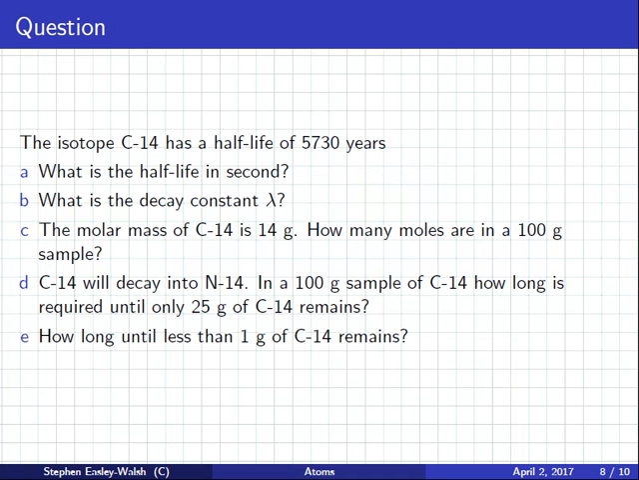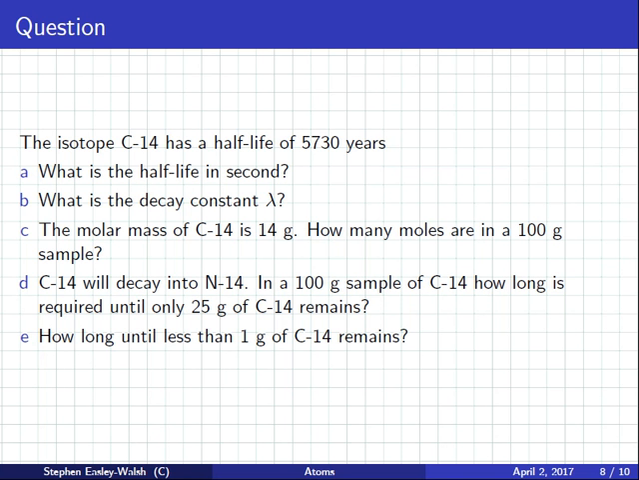Okay, let's do this one together. Does anyone know what C14 is? Yes, carbon 14, and it is an interesting one. It's a naturally occurring one. Yeah, and its half-life is a ginormous 5,730 years, meaning it would take 5,730 years for 1 gram of carbon